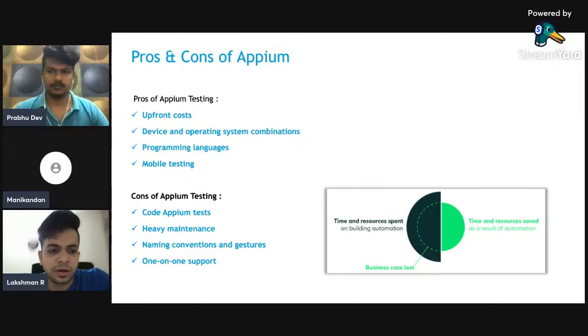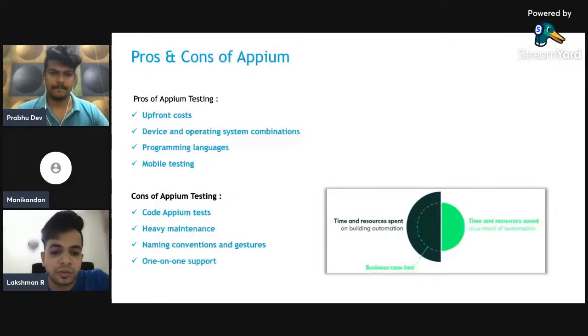Say you have 500 to 600 test cases in your automation tool, and Apple pushes a major release from 15.5 to 16. Then you have to review all 600 test cases and change them. If there is any small UI change or any ID is changed, the entire script will get affected.